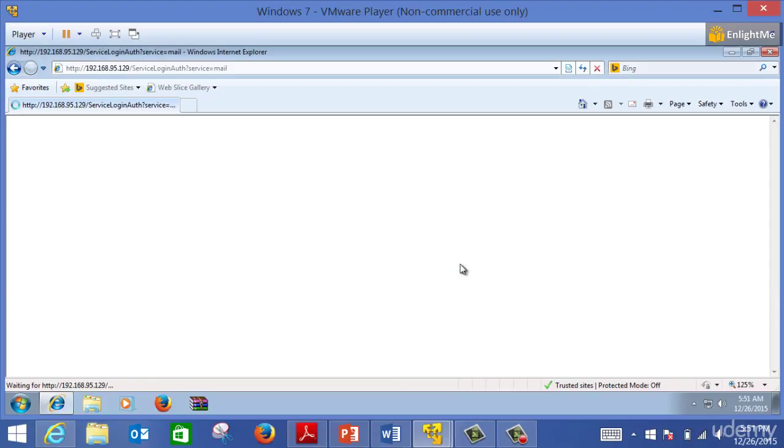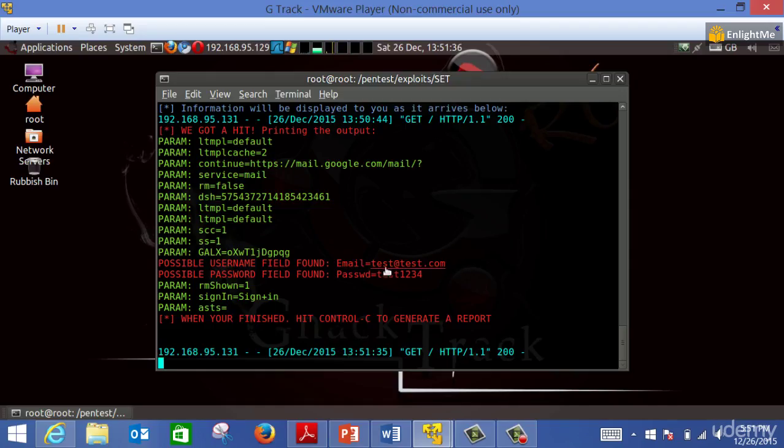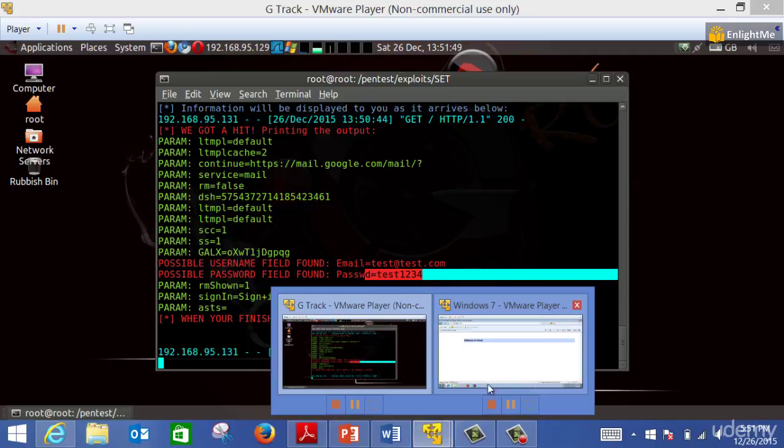We're going to notice that when you write the credentials in this website, they will be captured and shown inside your attacker machine, the Linux machine. Here I can see that this is the username and this is the password. So we notice that we were able